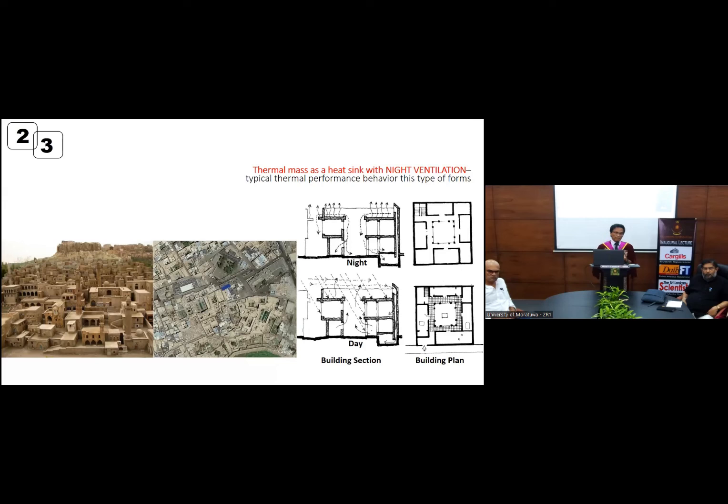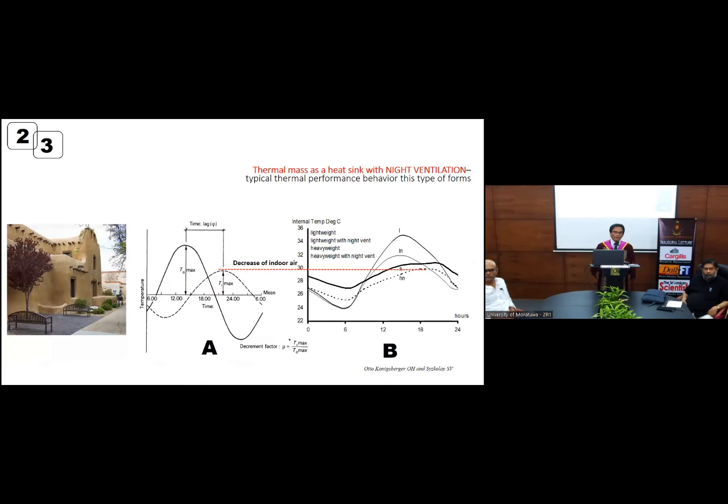But during the daytime, the temperature goes to 40. But at night, it may be around 0 sometimes. So the flat roof collects cold air and it drops through the courtyard and then goes into the space. So the internal space of these buildings, even during the daytime, is very effective. Now graph A shows 2 lines.